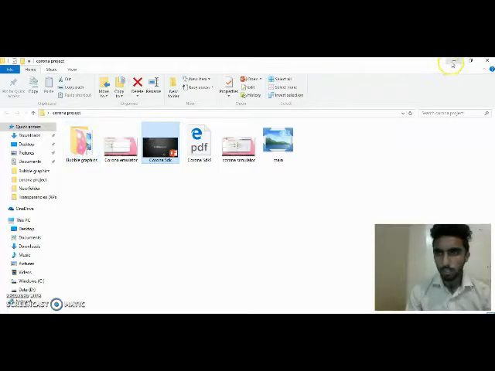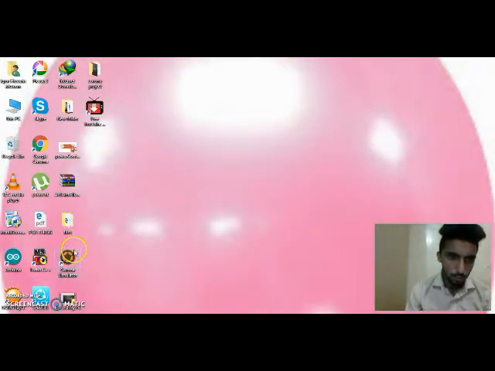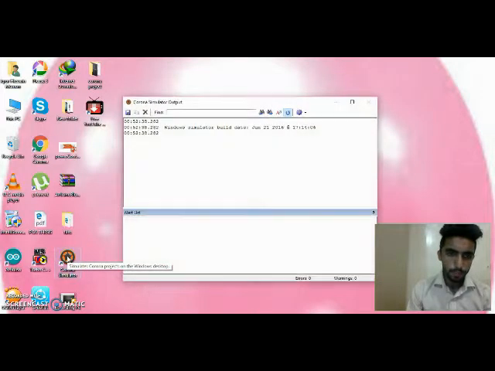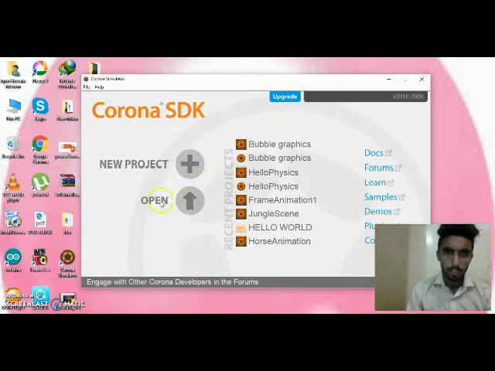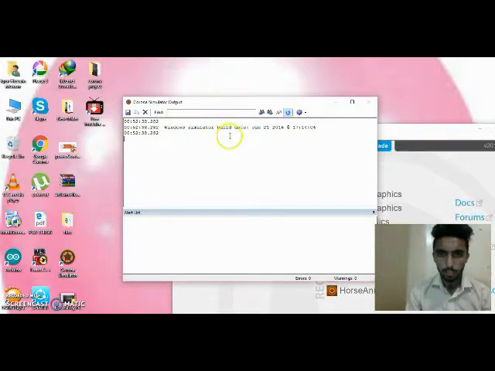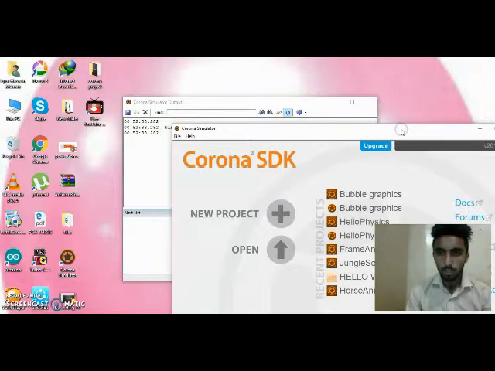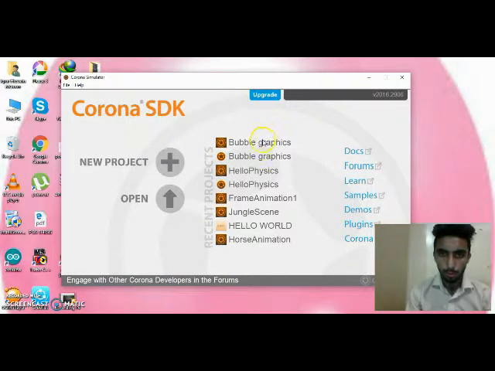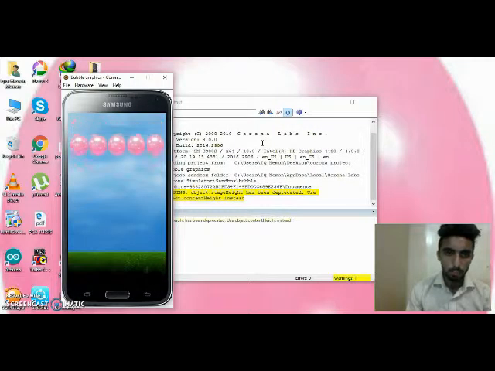First of all, you have to go to the desktop, and this is the Corona simulator, and the second one is the Corona emulator. This is for showing the errors of the program, and this is for the output of the program. I have made an app, bubble graphics, in which balloon